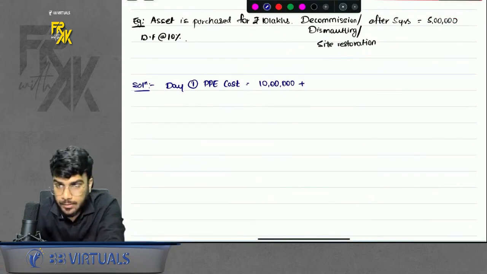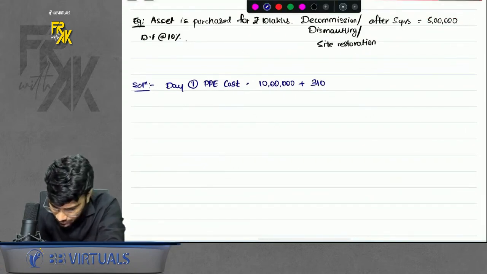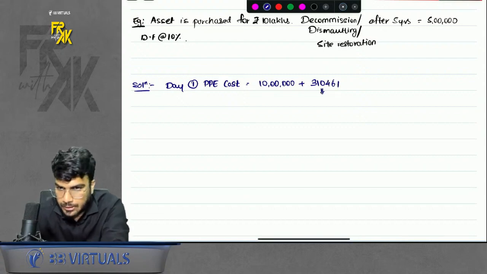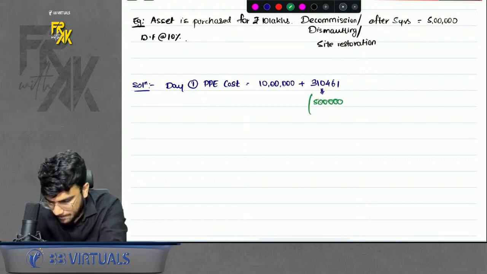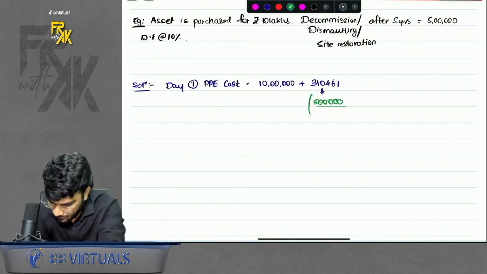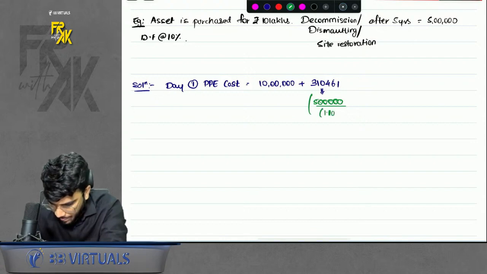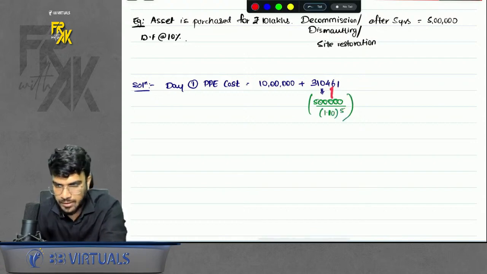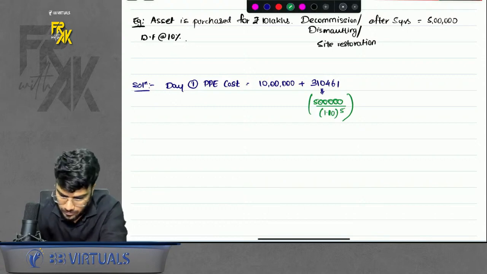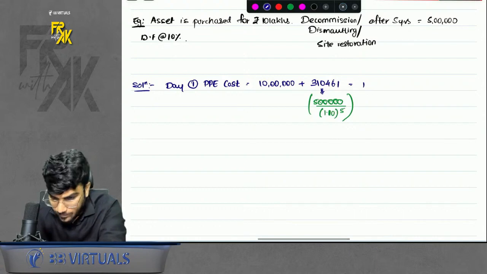It is going to be 310461. Thank you, Sumit. So you will say 5 lakhs divided by 1.10 raised to 5. Through this you will get this amount of 310461. Okay, sir, got it. So the total cost will be